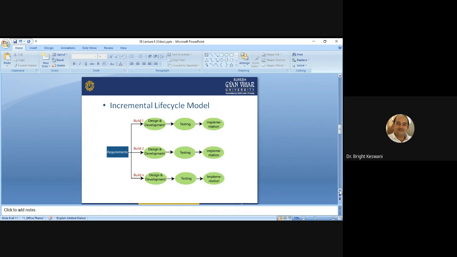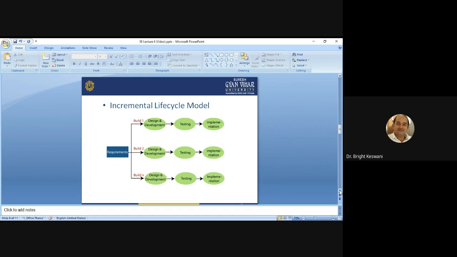Boehm produced this incremental life cycle model in 1981, and in this model, an overall architecture of the total system is developed first. The detailed increments and releases are planned properly after the designing of the overall architecture.